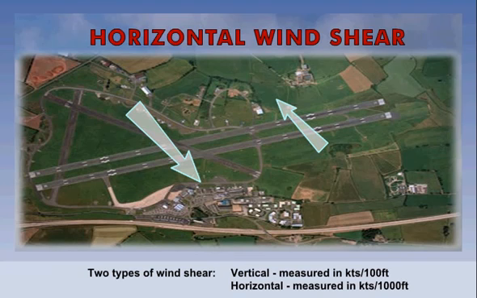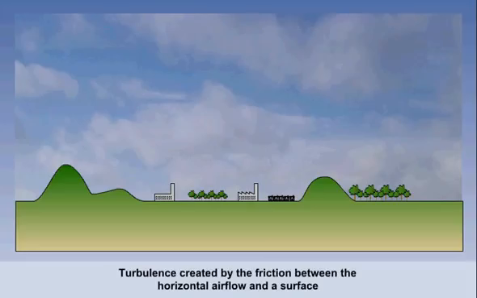Horizontal wind shear is the change in the wind speed and direction with horizontal distance. Again, the diagram shows this using a runway to illustrate the situation. The direction and speed at one end of the runway is very different to that at the other end of the runway. Horizontal wind shear is usually measured using knots per 1,000 feet. We will discuss wind shear later in the lesson, but for now let's return to turbulence, which was disturbed or